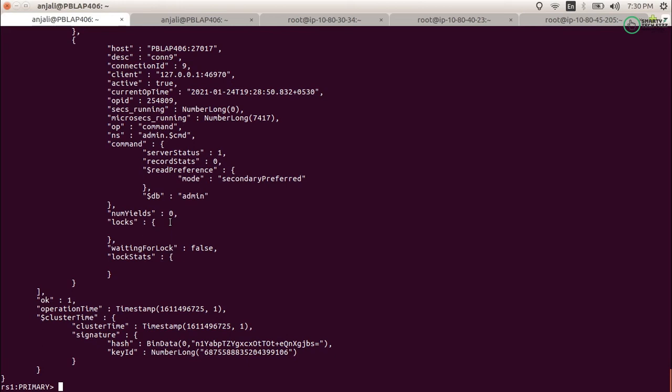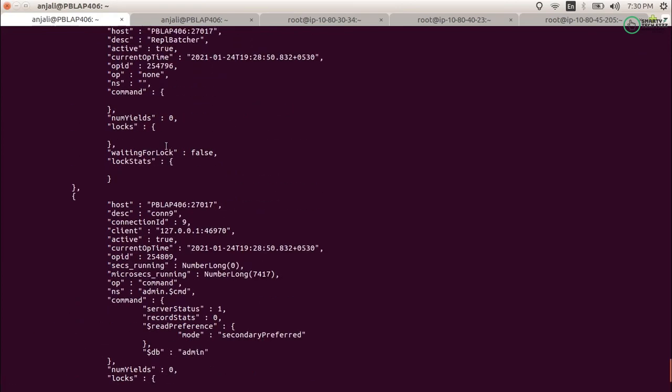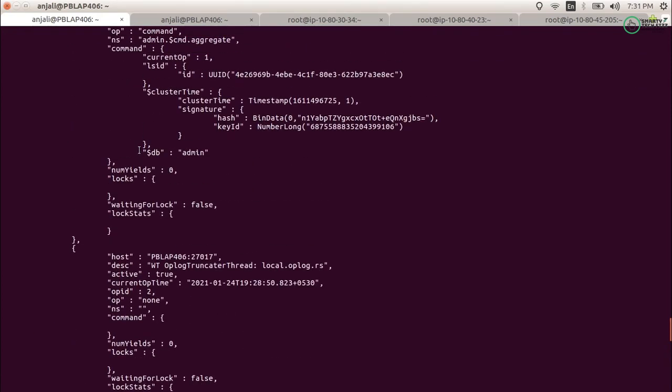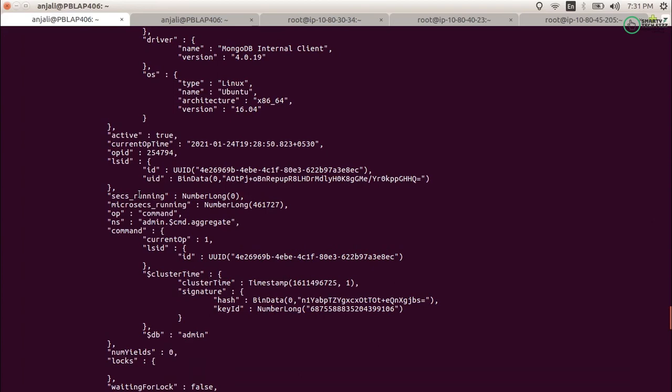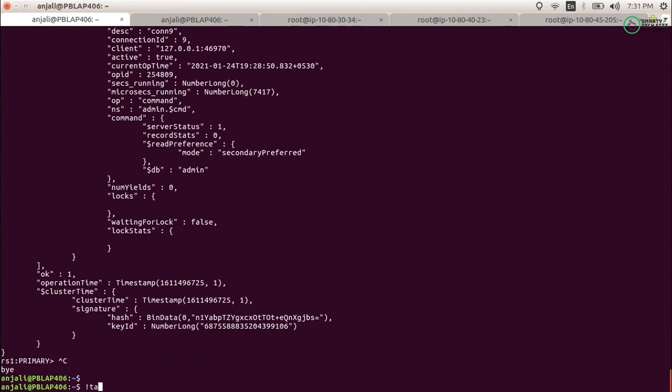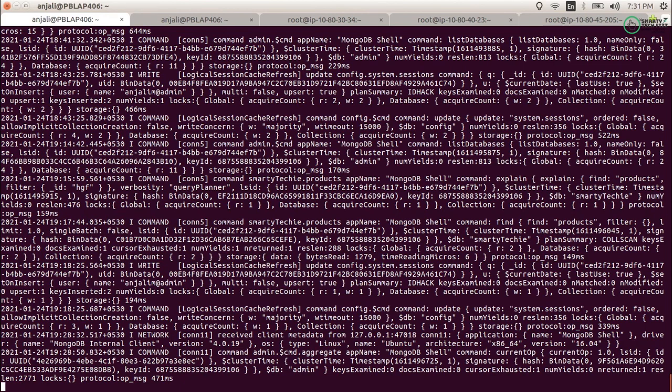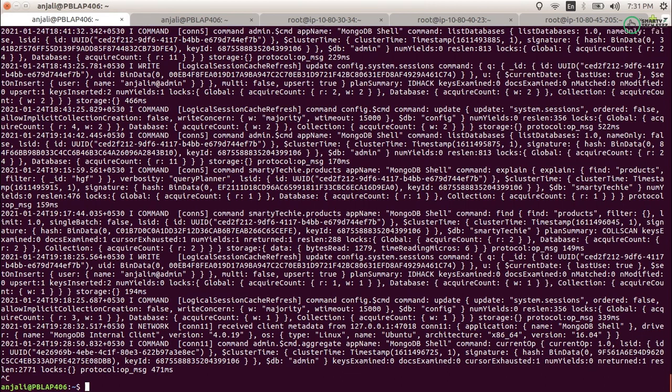Now the third thing that comes up is when you don't have access to the server, because these things you can check in the log file, on the server itself. But if you don't have access to the server, then what you can do in that case is enable the profiling. For the profiling, I will create another video on that. The next video will be on the profiling level.